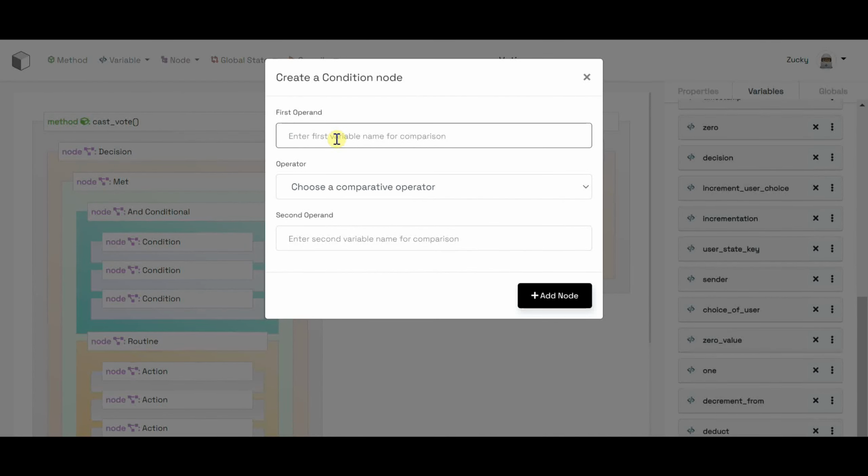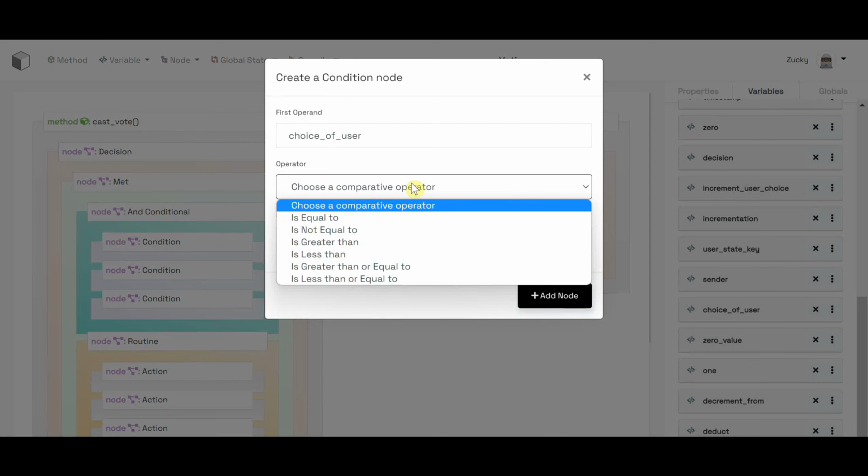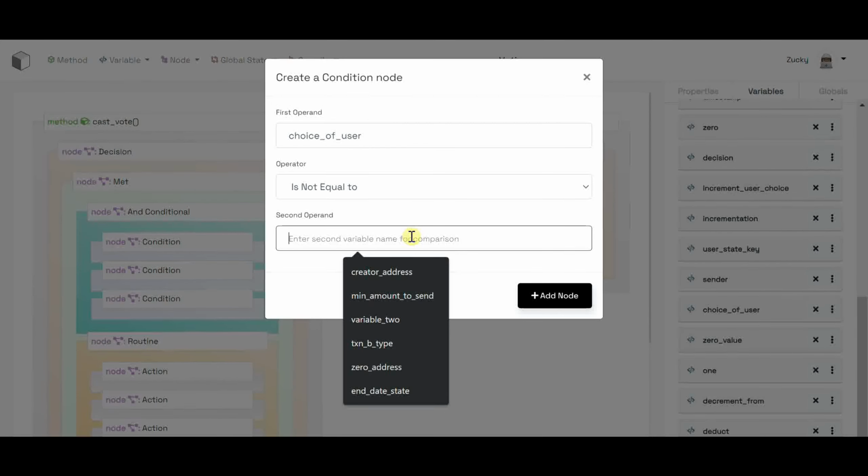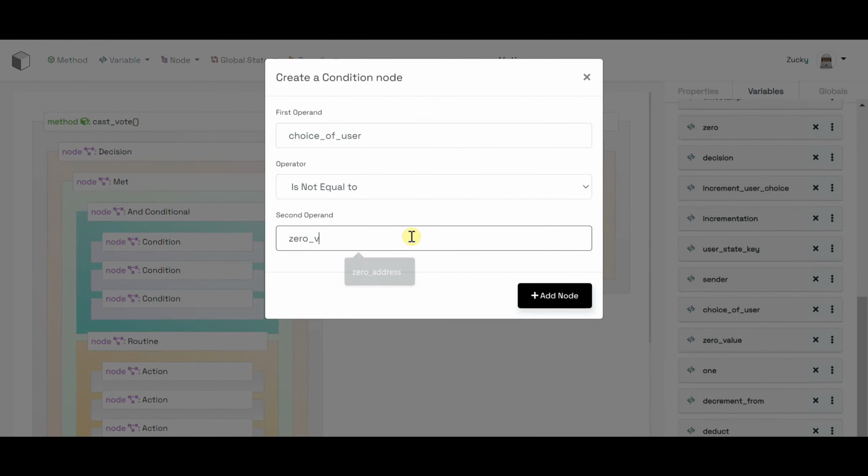So the condition is going to be if the state key is set. So if choice of user is not equal to 0 value,